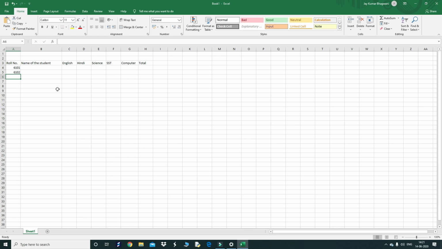Then we select both the cells, then place the mouse pointer at the corner. Can you see this here? The shape changes. Just identify the shape of the mouse, and when this sign comes, then only you have to click and drag.